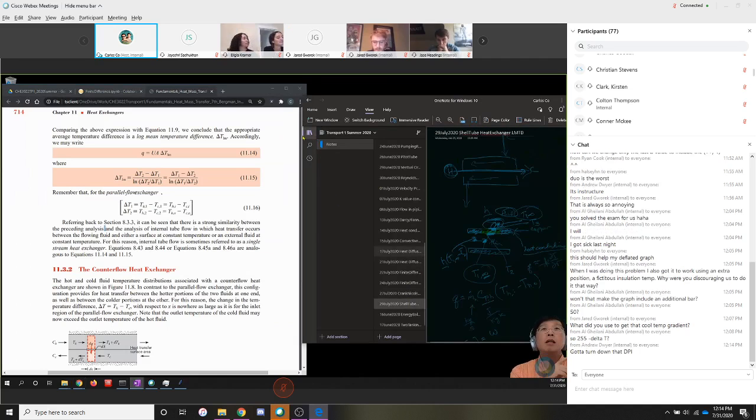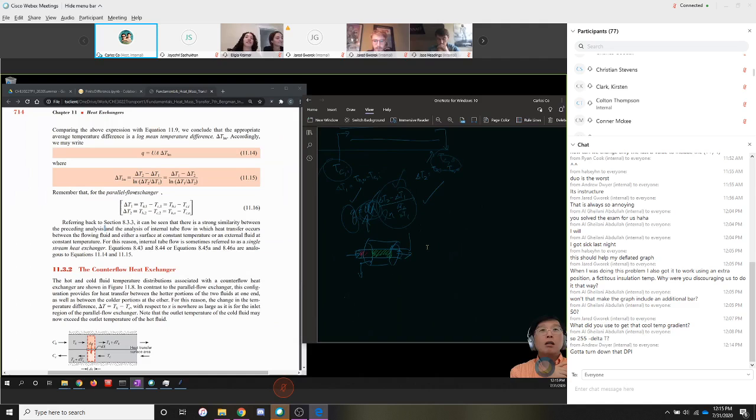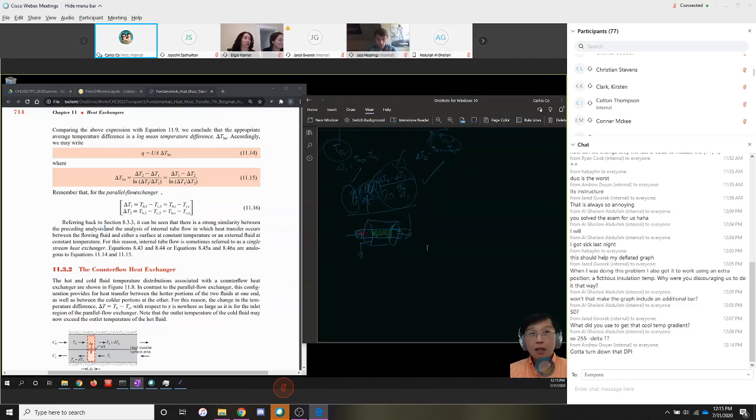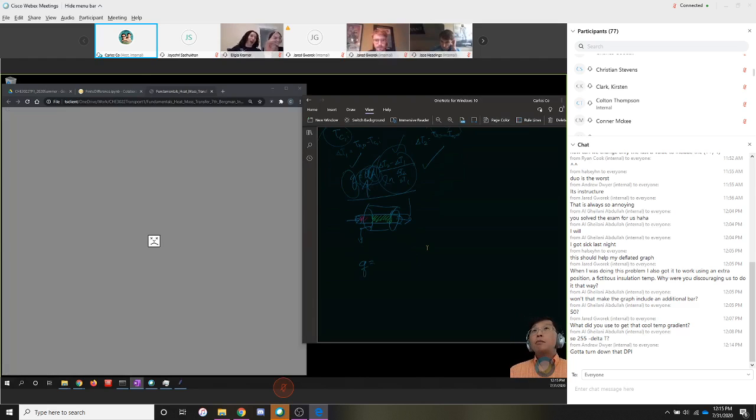Transport one, shell and tube. All right, so at the end of the last class, Jared was basically asking me, how does this connect back to the discussion? So notice at the end of that last class, we had this expression there, and let me rewrite that cleanly. So if I were to rewrite that cleanly, we have Q is equal to